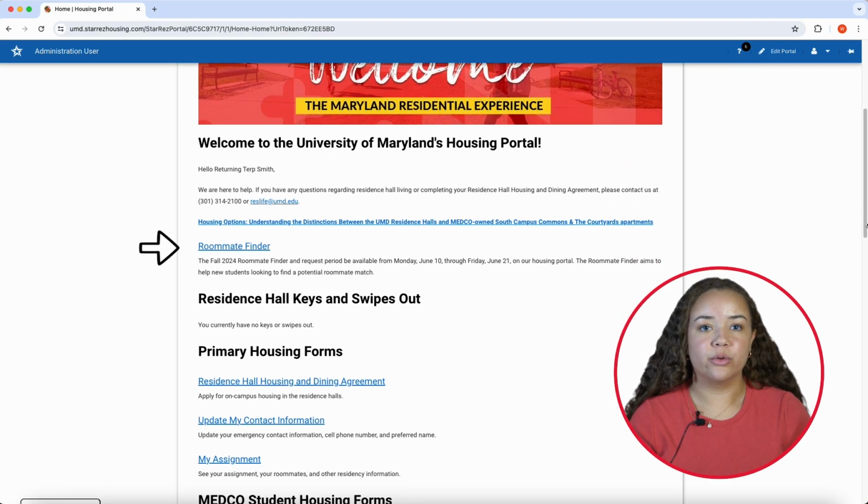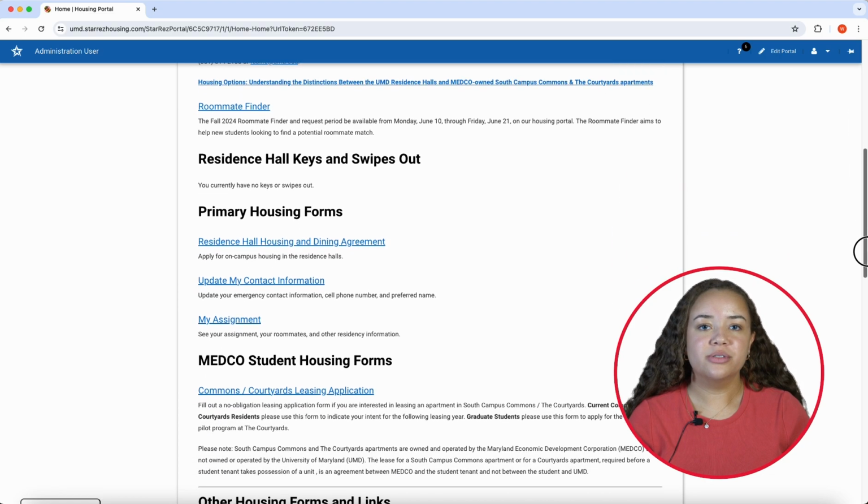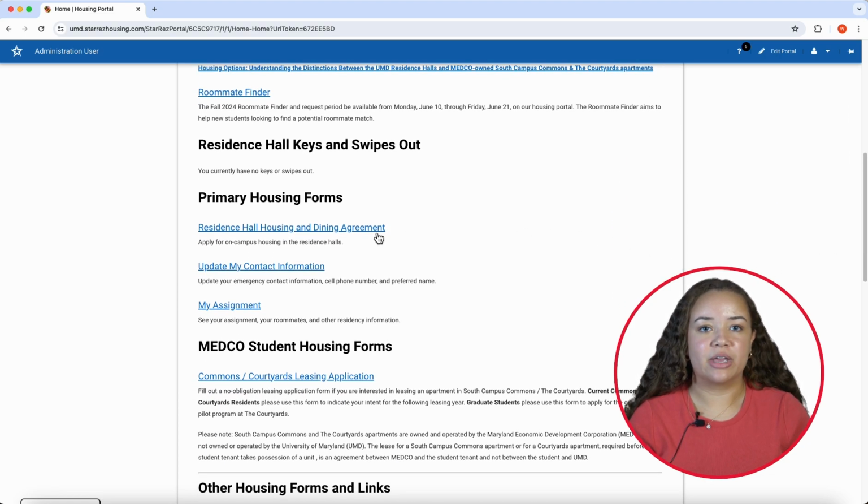You can access the Roommate Finder. This feature aims to help new students looking to find a potential roommate match. You will also see the Residence Hall Housing and Dining Agreement. This is the application you will fill out in order to request on-campus housing. In this section of the homepage, you can also find where you can update your contact information and where you